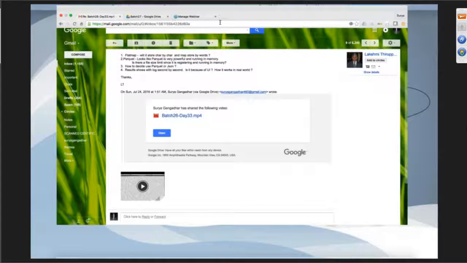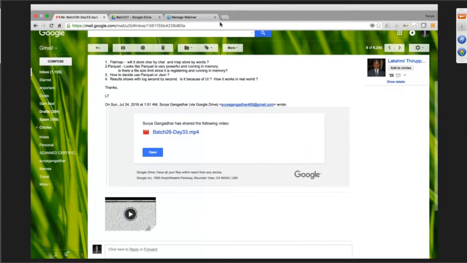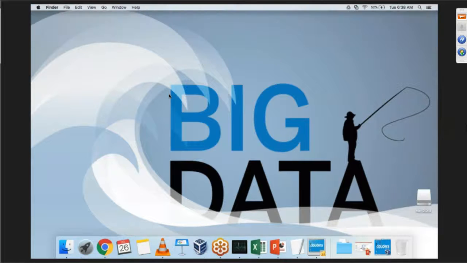And how to decide Parquet or JSON? It's again simple. I've told you already. When I have a very lengthy file format, I have 250